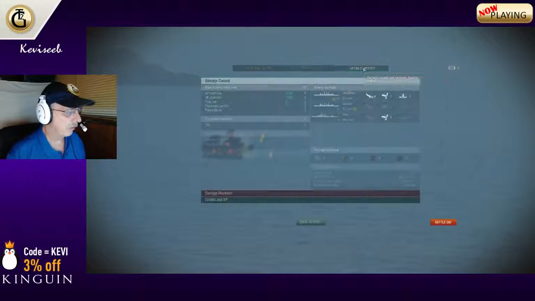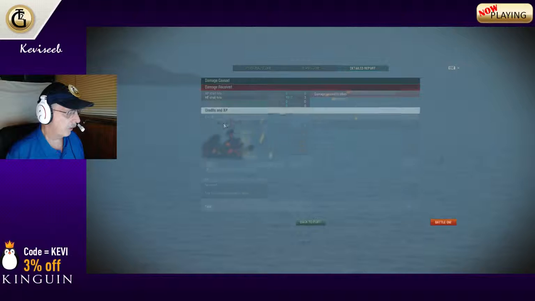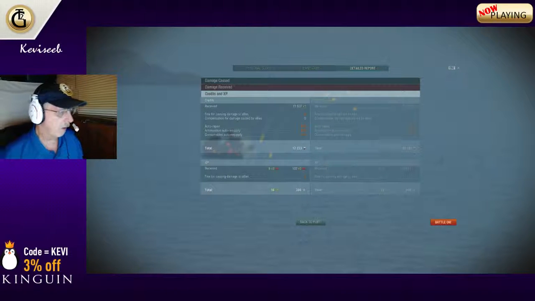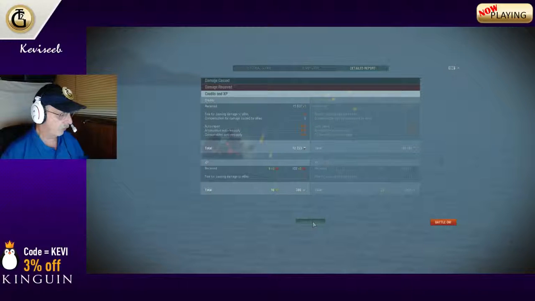And then there's a detailed report which tells you what you did, how many points you get, how much damage you took, if you want to see that report, and then your credits and XP points. And naturally, since you can pay for this game if you want, it shows you what you would have gotten if you have a premium account, which almost doubles everything. In some cases, more than doubles. So that's a quick walkthrough of World of Warships, and